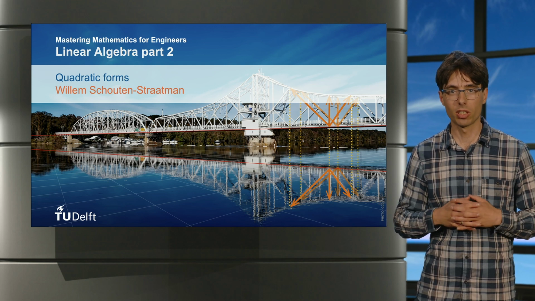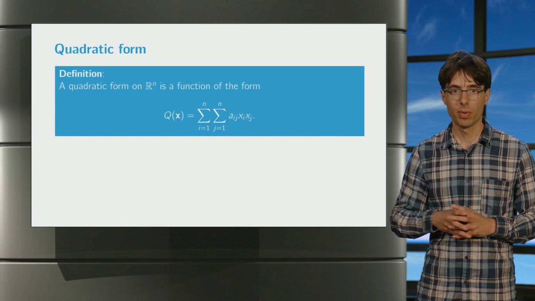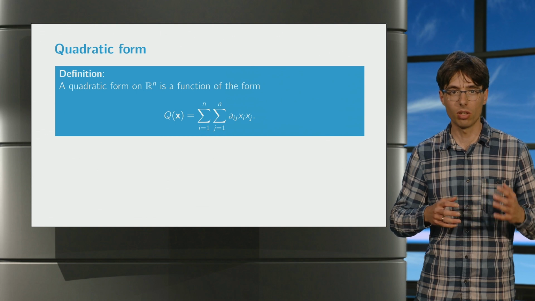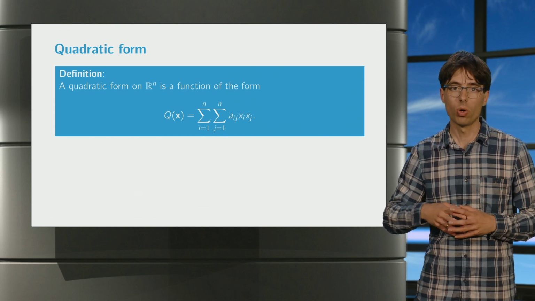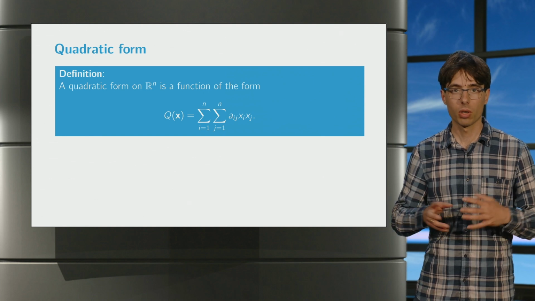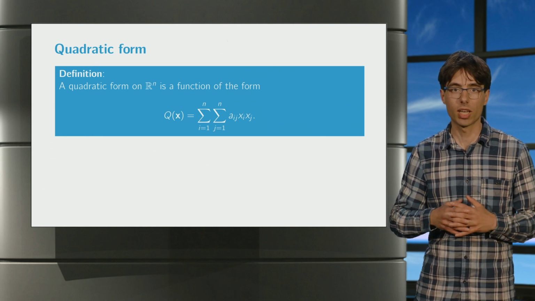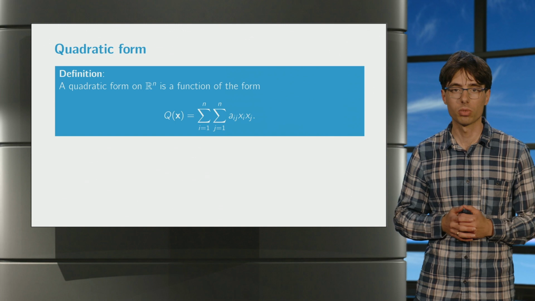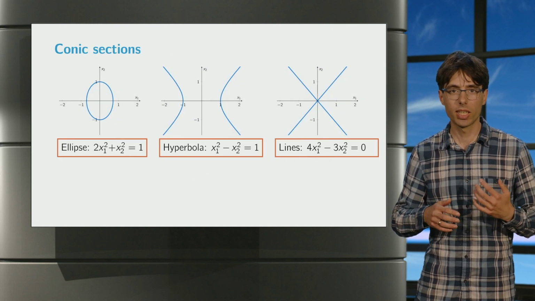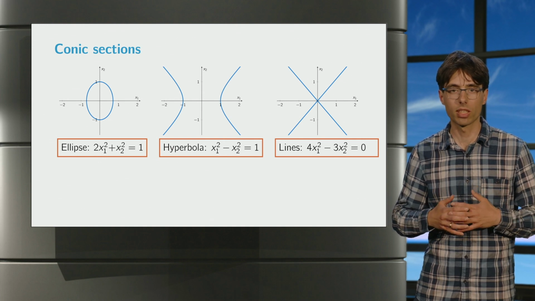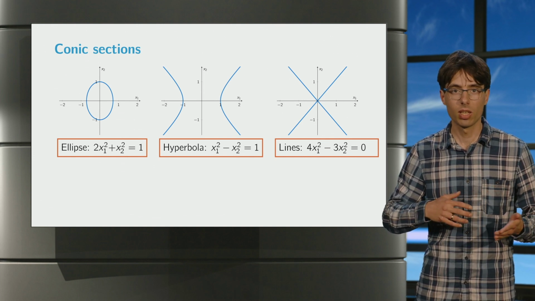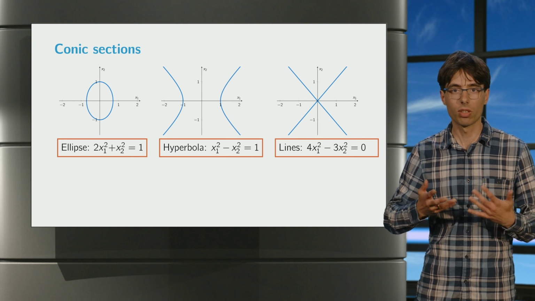In this video you will learn all about quadratic forms. We call a function q a quadratic form on Rn if it is the weighted sum of terms that are all either squares of a variable or the product of two different variables. Quadratic forms occur often in many areas of science and engineering, since many geometrical objects can be described in terms of quadratic forms. For example, by considering equations where we set a quadratic form equal to a constant, meaning so-called level curves of the quadratic form, we can consider all sorts of well-known geometrical objects such as an ellipse, a hyperbola, or two lines going through the origin.